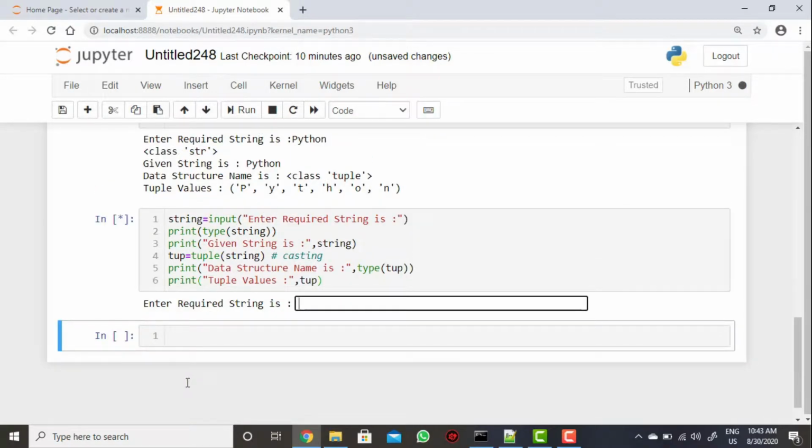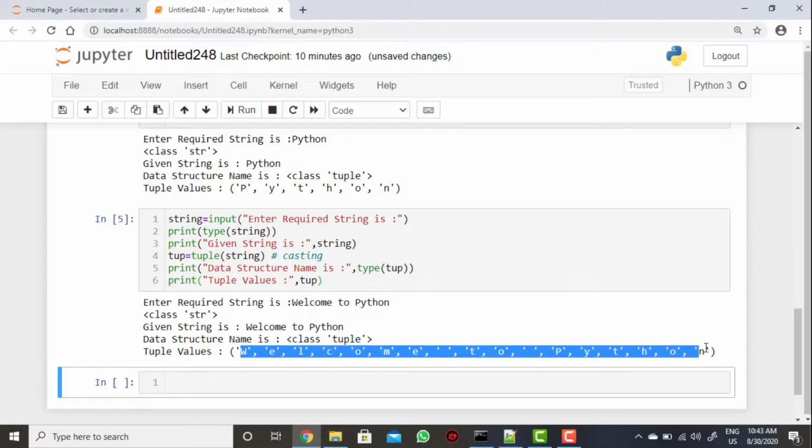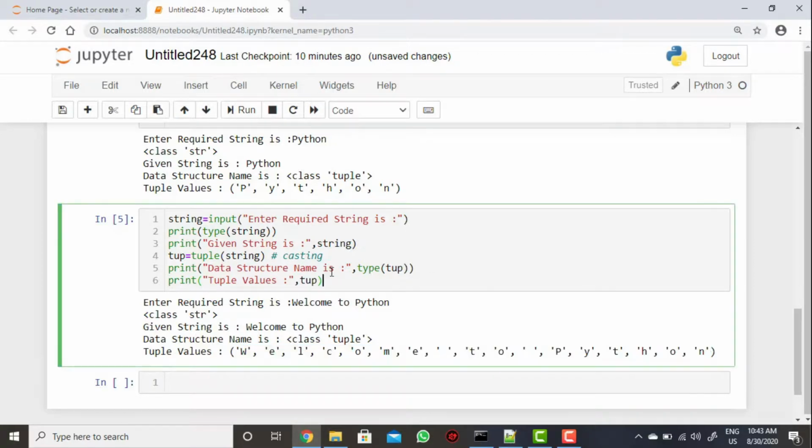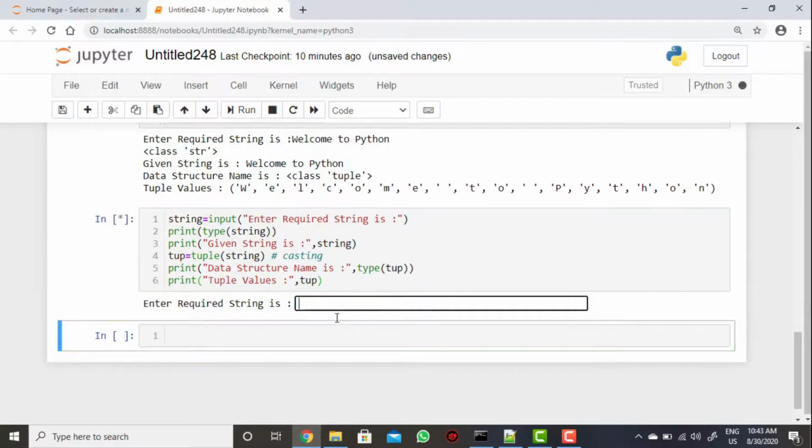Now I am just giving another string: Welcome to Python. See how it is converted into tuple format. Any string that you take will be converted into tuple format using this method.